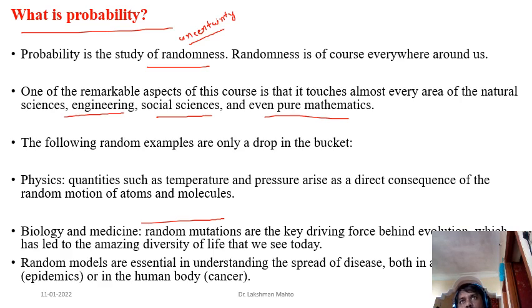So the total population is almost constant at that time, but the number of infected people, recovered people, and susceptible people are all random in nature. They are changing; they are dynamic in nature. Randomness is there, so if you try to model that, a random model is coming. Some kind of noise, or at least white noise, we need to introduce in order to model the spread of a disease.